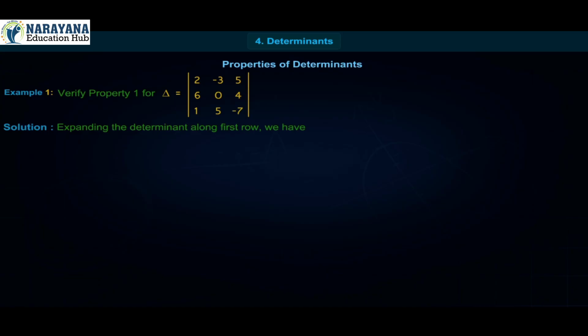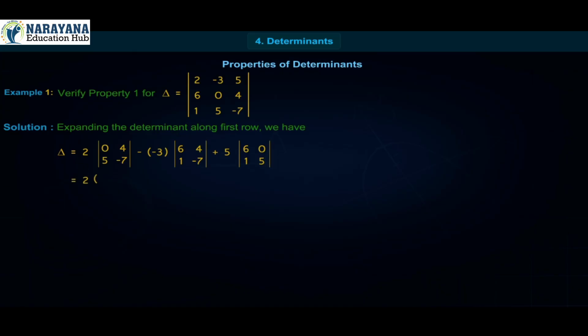Solution: expanding the determinant along the first row, we have delta is equal to 2 into determinant [0, 4; 5, -7] minus 3 into determinant [6, 4; 1, -7] plus 5 into determinant [6, 0; 1, 5]